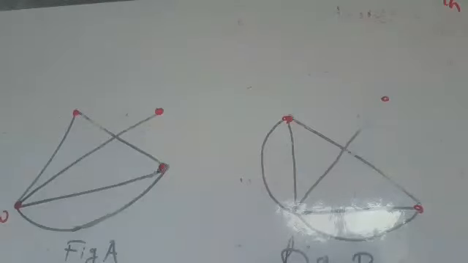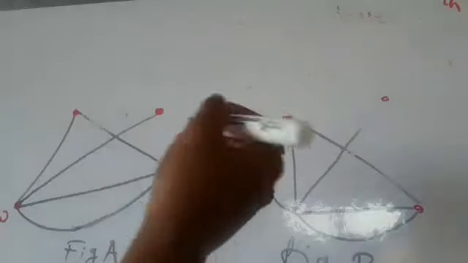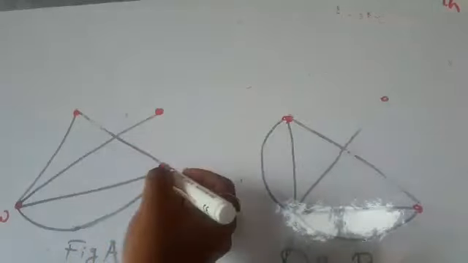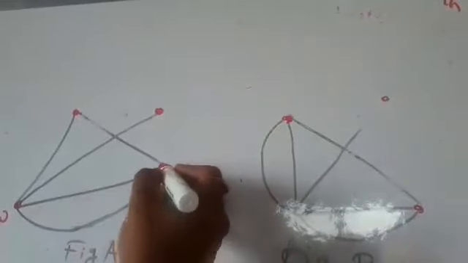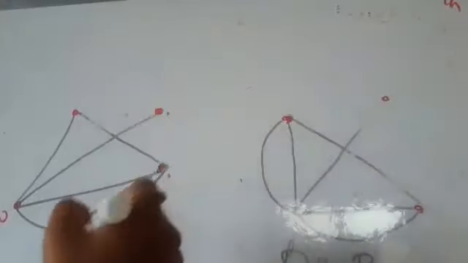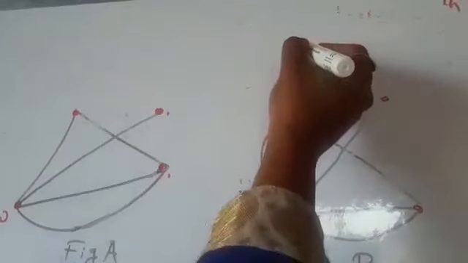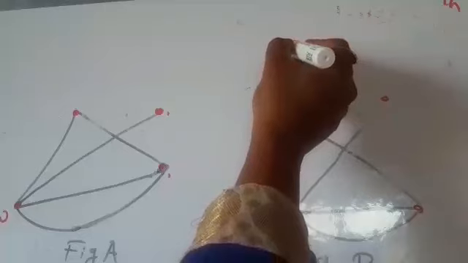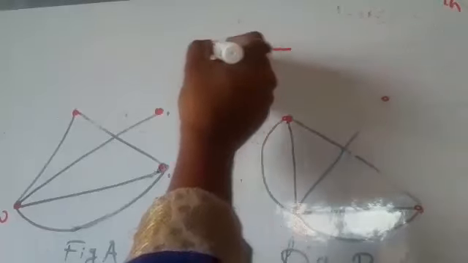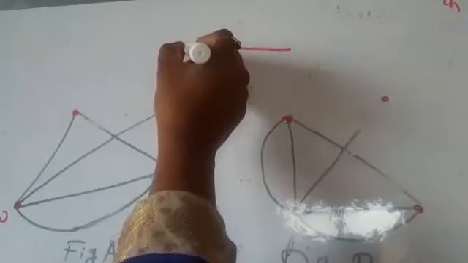Therefore, from the graph theoretical view, we see that figure A can be drawn without lifting a pen or without retracing lines. How can we see that figure A can be drawn without lifting a pen? We start from any odd degree vertex. This vertex and this vertex are the 2 odd degree vertices. If we start from this vertex, then we can draw figure A without retracing, like this.